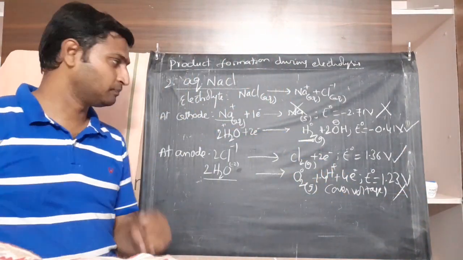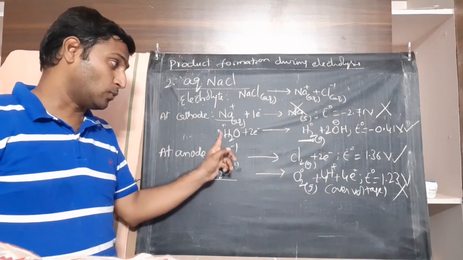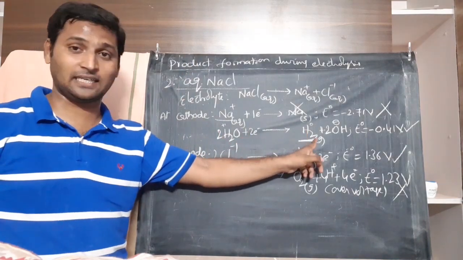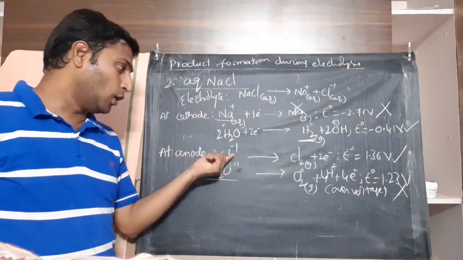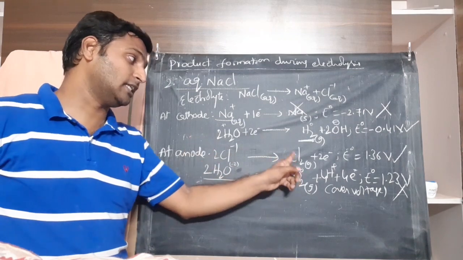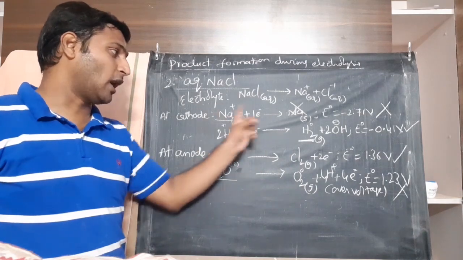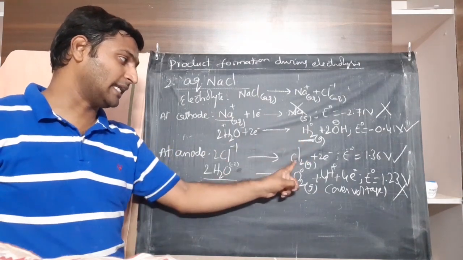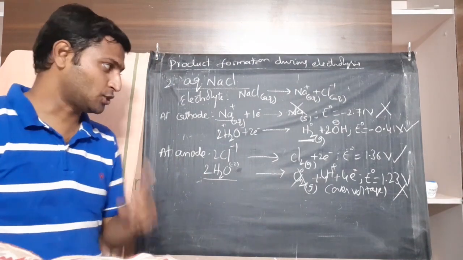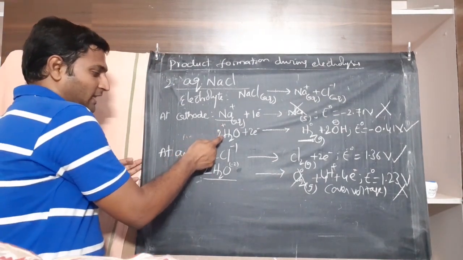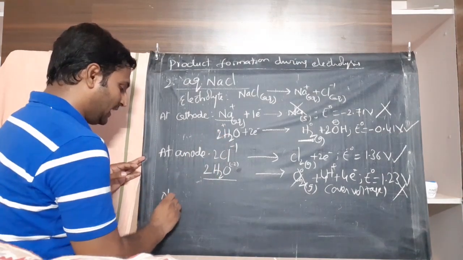Means, please understand. Sodium cations are remaining sodium cations, whereas water is undergoing reduction to produce hydrogen gas at cathode. So, the product at cathode is hydrogen gas. Chloride ions are undergoing oxidation to liberate chlorine gas, whereas water cannot undergo oxidation here. So, the product at cathode is hydrogen gas, the product at anode is chlorine gas. Oxygen is not produced here. Having understood that, this is your cathodic reaction, this is your anodic reaction. You have to add both to get the net cell reaction.